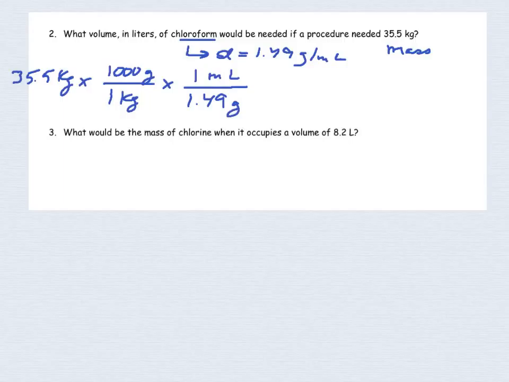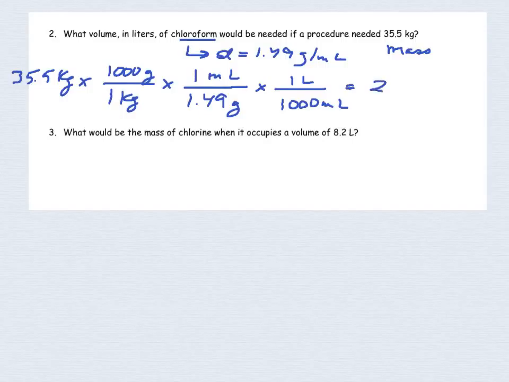And in the last step, the question asks for liters. So I'm going to write down that I know there's 1,000 milliliters in every 1 liter and do it that way. So 35.5 times 1,000 divided on the bottom by 1.49 divided again by 1,000 is going to give me